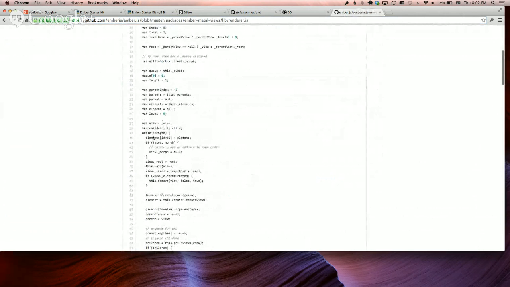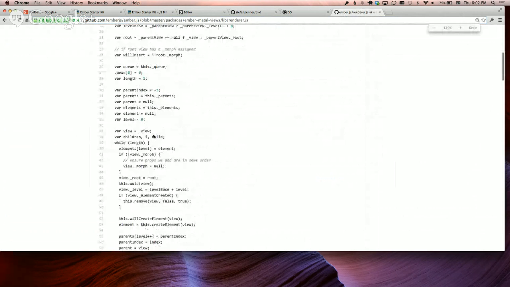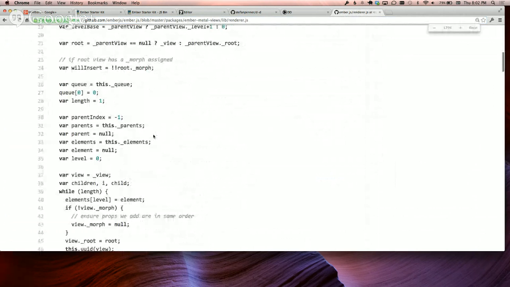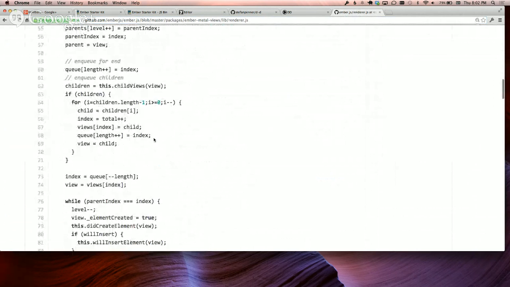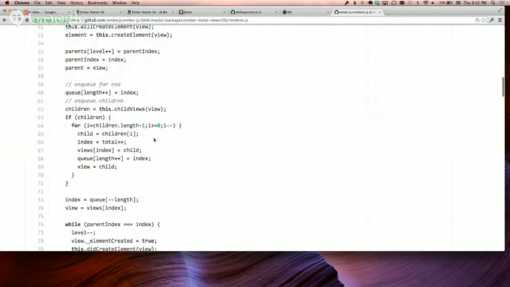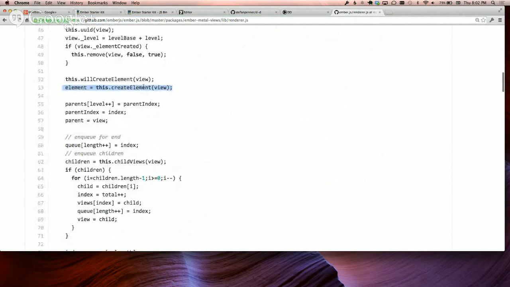So this is a render loop that's responsible for rendering. So the basic, ignore most code, basically it's a loop, and for every view in the tree it's going to have it create an element,